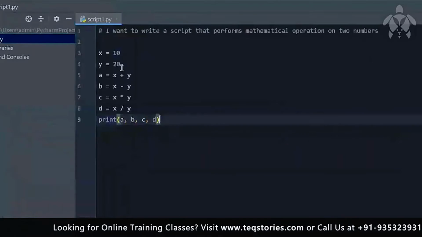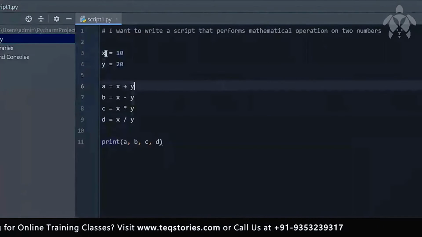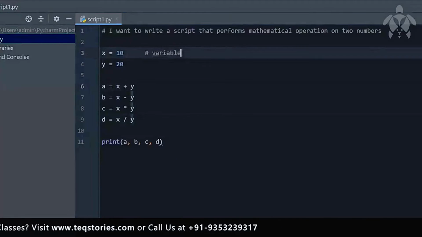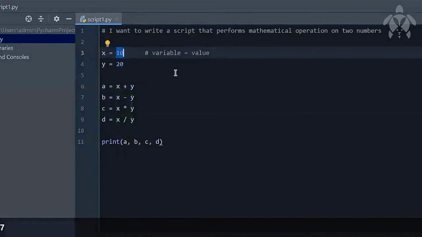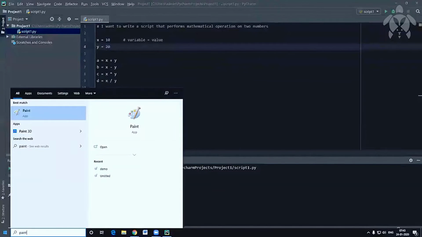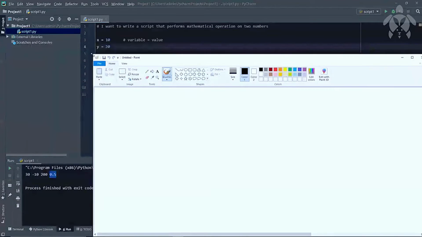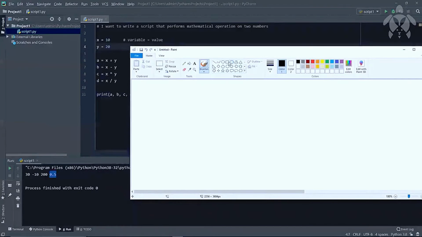Great. So we are actually taking two variables. When you're writing these things, it is called variable equals value. That is this format. So this is called a variable and this is called the value. Whatever value you put in the variable, it will hold that particular thing. So when I'm saying x equal to 10 or y equal to 20, what I'm trying to say is that, let's say I have a container like this. This container we are calling x. And when I'm saying x equal to 10, what I'm doing is putting this value 10 within the container. That is x equal to 10.